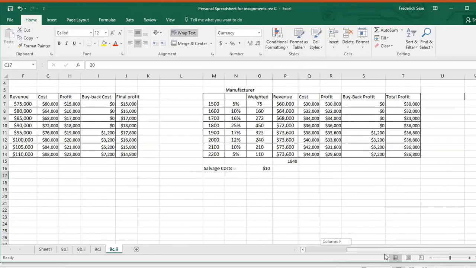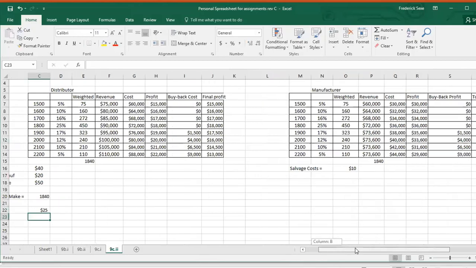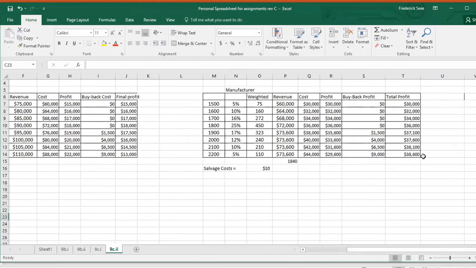And we can see this in the spreadsheet here. Okay. Once again, I'm going to upload this so you can play with this. Just remember that I have these hard fixed in here, so you're going to have to change that. I'll place a comment in here to remind you. So let's go buyback of 25. Now we're going to basically give the manufacturer more